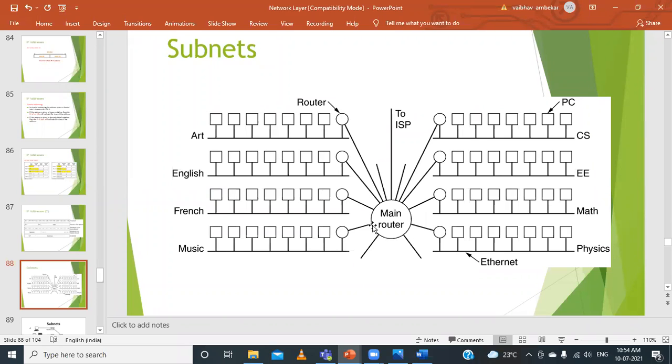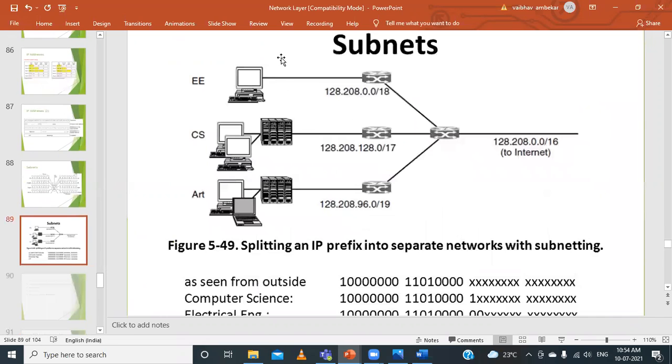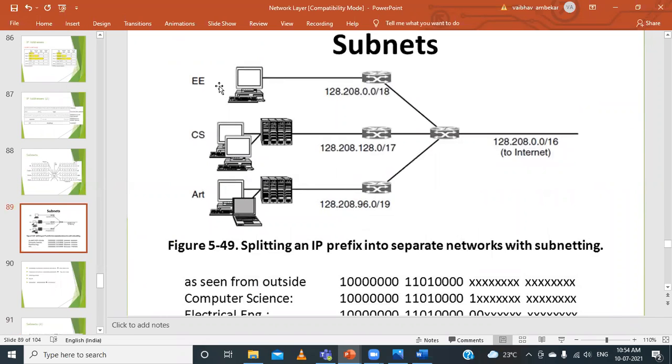Like when we say that we have an organization, consider that this is one college. In that college, we have different departments, electronics and electricals, computer science, arts, commerce, and so on. And all of them are connected to these routers. And there is only one end router which is connecting to the internet. Like in our college also, we have BCA department, BCom department, BBA department, MCom department, and so on. For every one of those, we have the Ethernet connection and a router within our department. But at our server room, at the end point, we have another router which is actually connected to the internet.